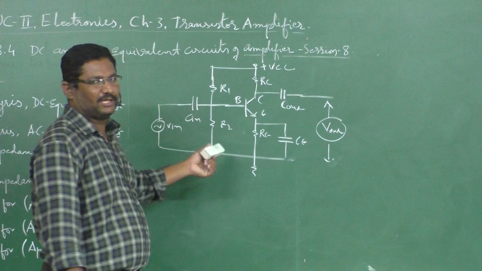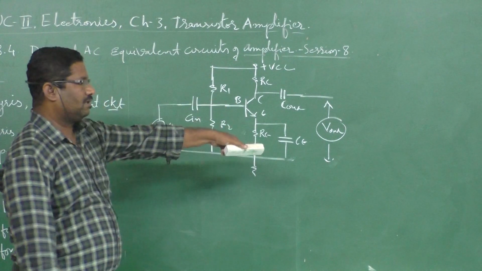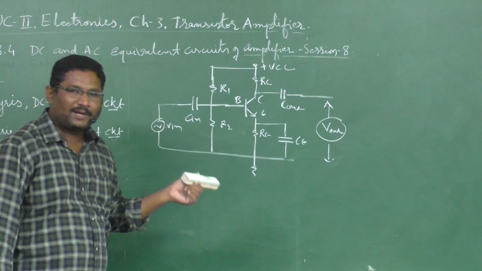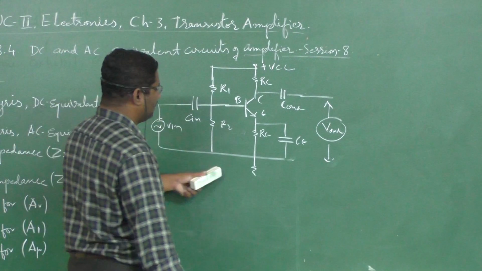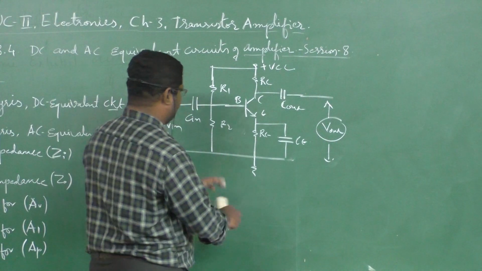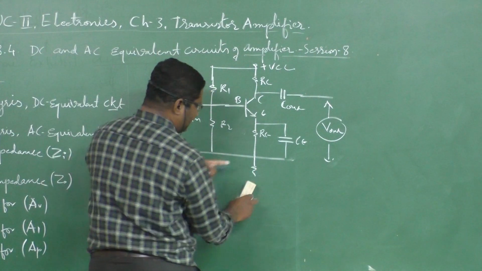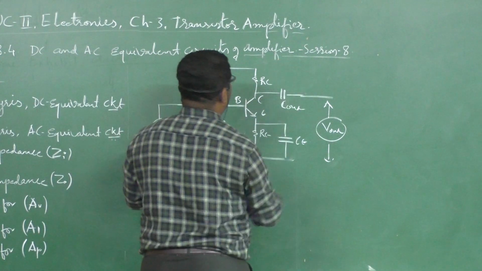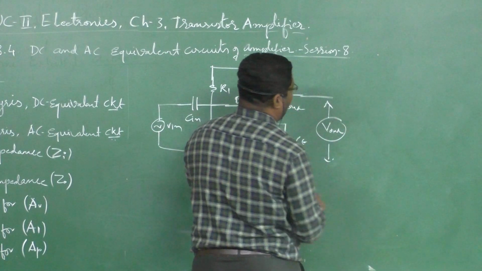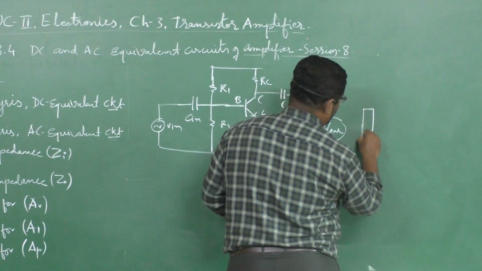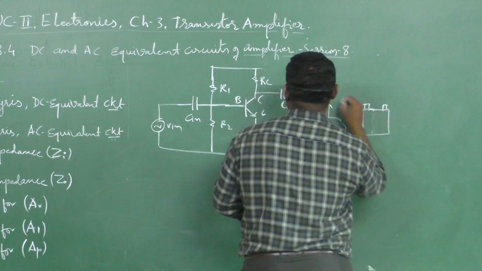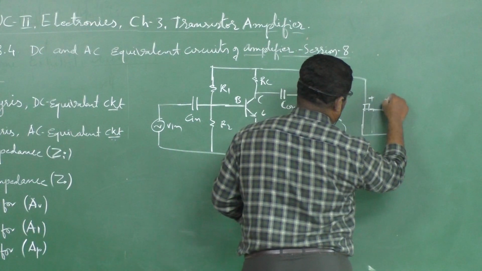So this is the CE amplifier circuit diagram, and it has to be converted into the AC equivalent circuit. So what is the first condition? The first condition is to remove all the DC sources and replace them with a short circuit. So what do we mean by this? I want to write this circuit like this. Instead of this, I have here a battery, plus and minus. Let us assume this one is a plus 12 volt battery, an alkaline battery. Here this one is plus, this one is minus.